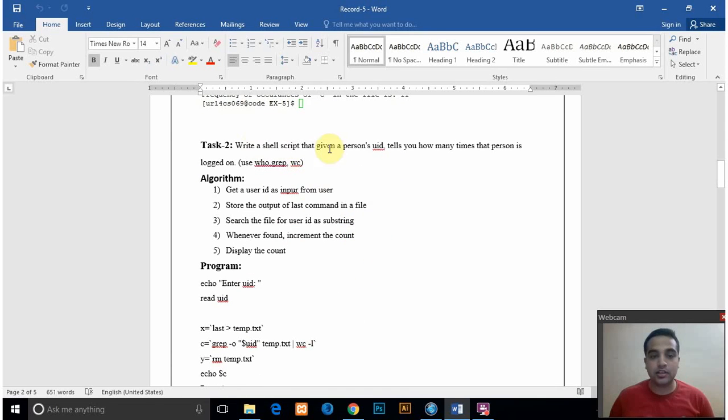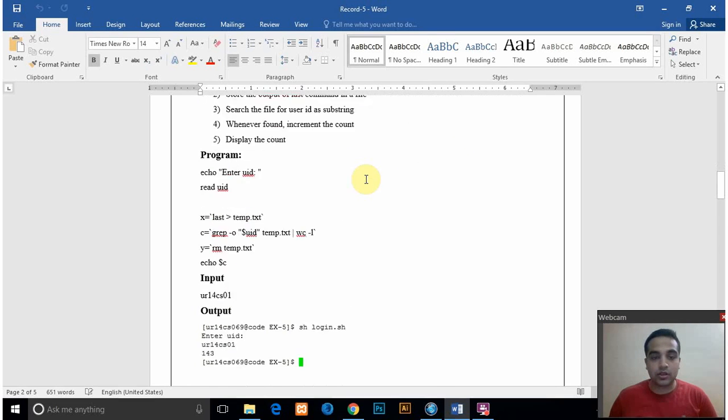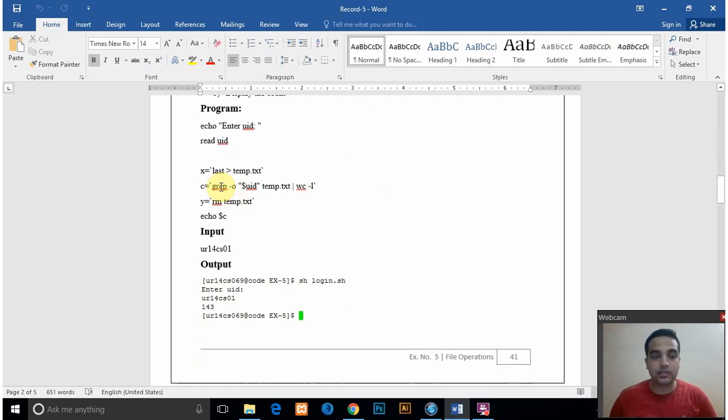The next question is, if we enter a person's UID, then we have to tell how many times that person has logged on. Here we will be using the grep command and the last command. From last we will get how many people have logged in to the system in the last 1 month, since it gets reset on the first date of every month.